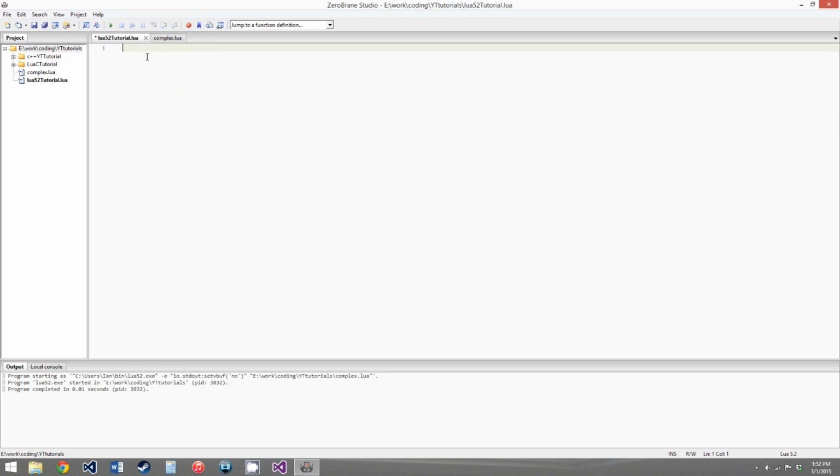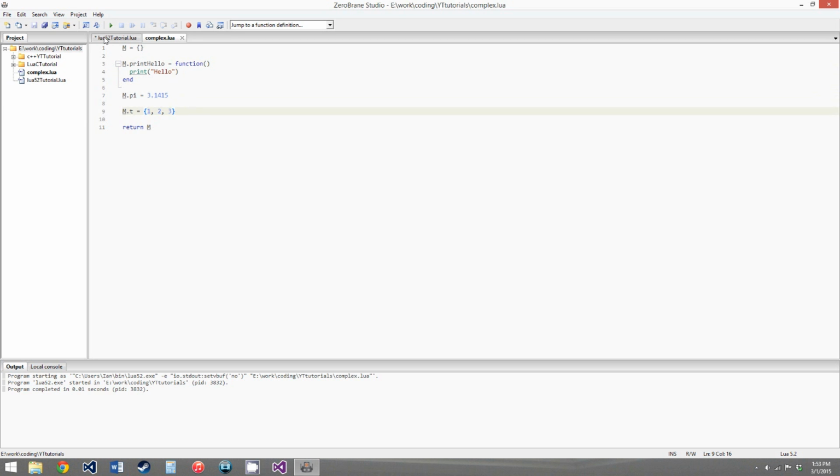And now, in our original Lua file, we have to load that module in. So we'll say C for complex, just use the name of the file, or the first letter of the name of the file, or pretty much any variable name you want. And then we use our importing function. It's called require. So c equals require, and then you just give the module name as a string to require. So we say complex, and you don't need the .lua at the end. You just write complex because it's obviously going to be a .lua file. So c equals require complex, and now we can access any of the